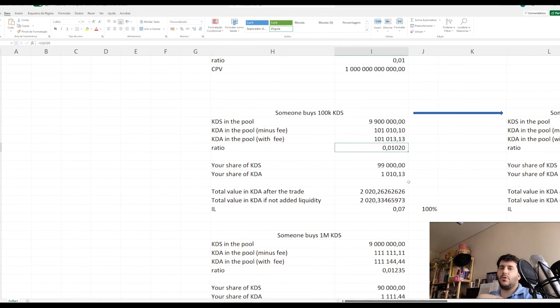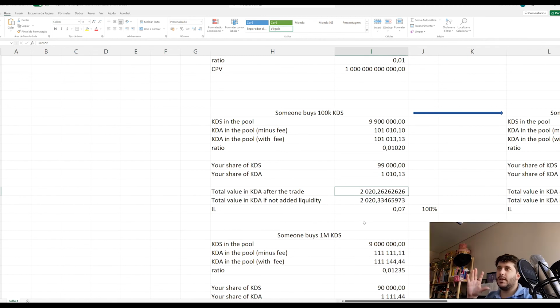Okay, what does that mean for you, the liquidity provider? Now that means that you have this inside the pool now, which is 1% of that, and you have this inside the pool, which is 1% of this. Actually, this is correct, 1% of this. And so your total value in KDA is basically this number,